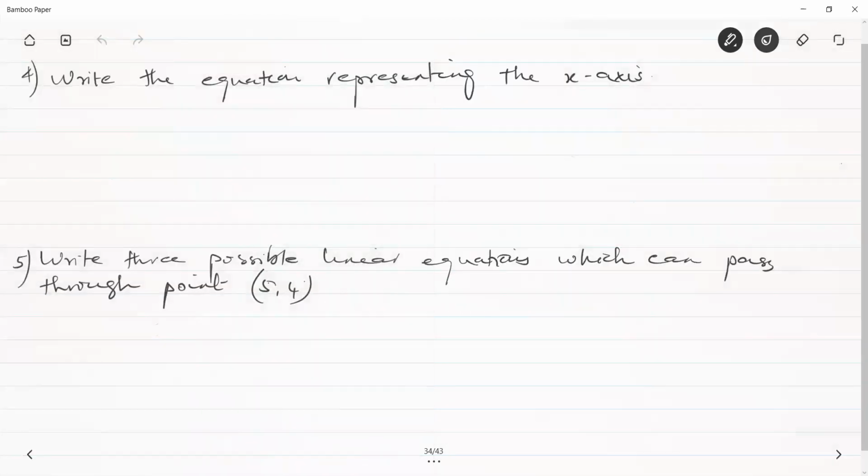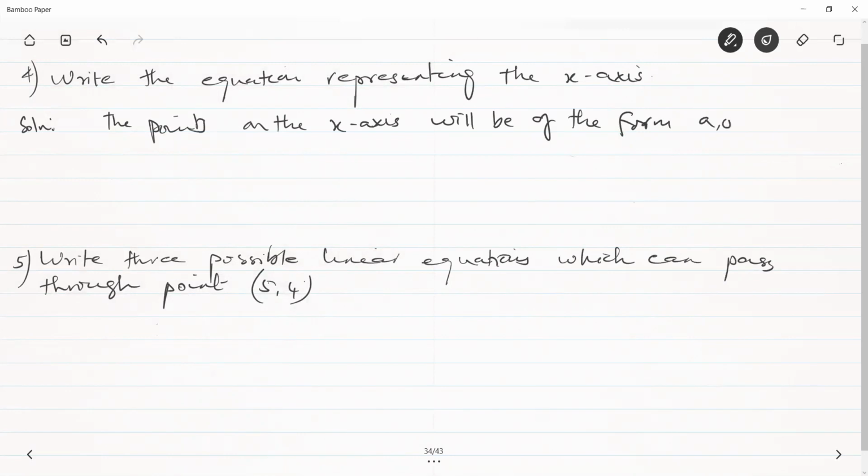Write the equation representing x-axis. Now, how do you find this? You see the point. Once again, the points on the x-axis will be of the form a, 0, because you see, now suppose this is a,